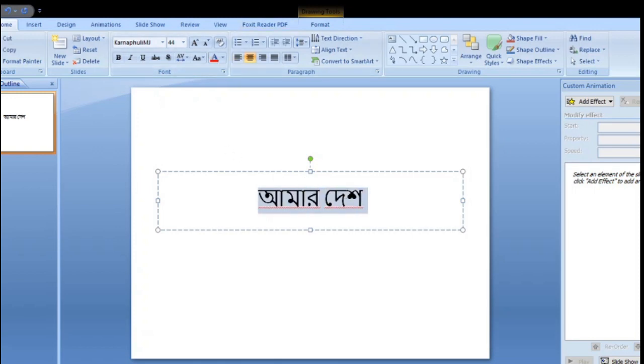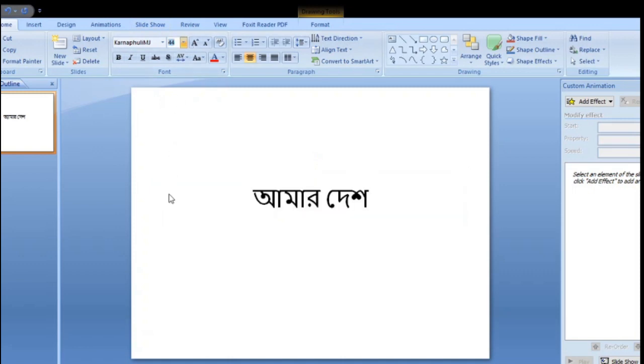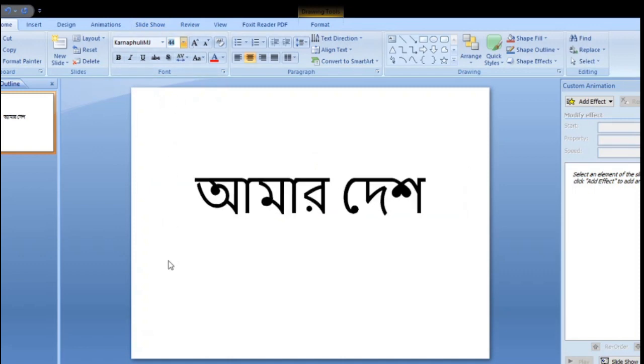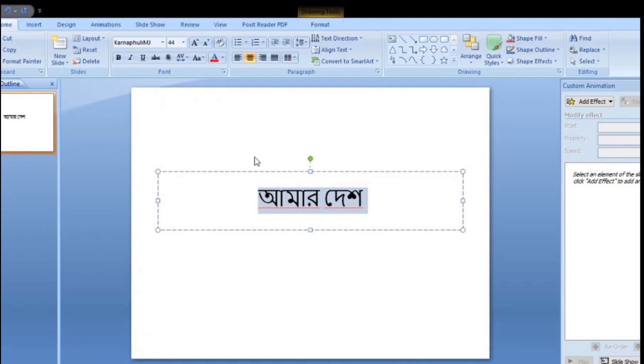Choose the font size here, almost a maximum of 96, but my requirement is that I want 150.